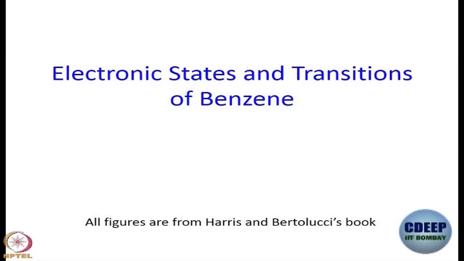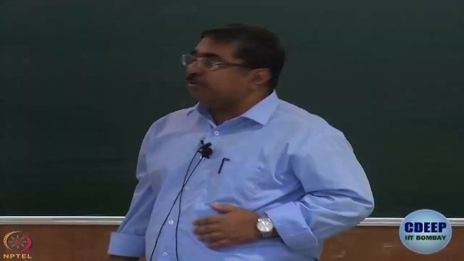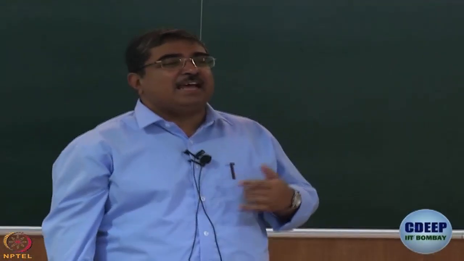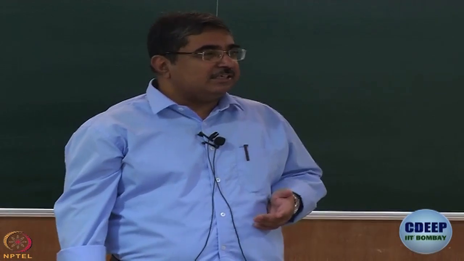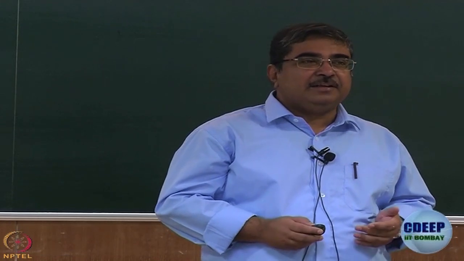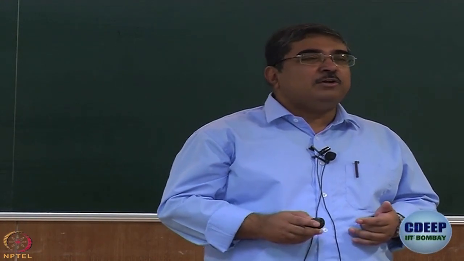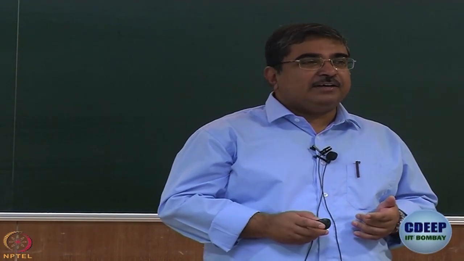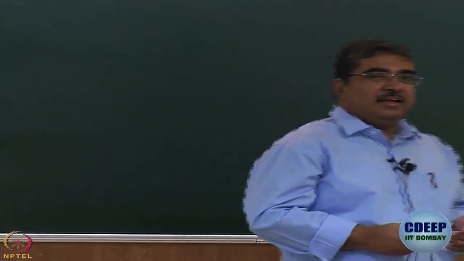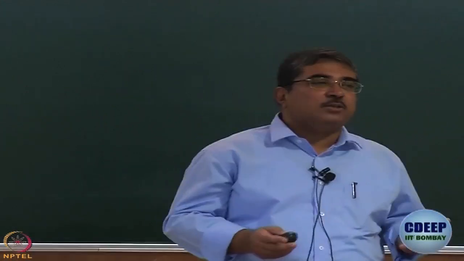Alright, so we are nearing the end of our discussion of electronic spectroscopy. This really is the climax of our entire discussion of electronic spectroscopy. What we will try to do now is, using the principles that we have learned of quantum chemistry, quantum mechanics and symmetry, do a case study for once. We will try to see what the spectrum of benzene looks like and why it looks like what it does.